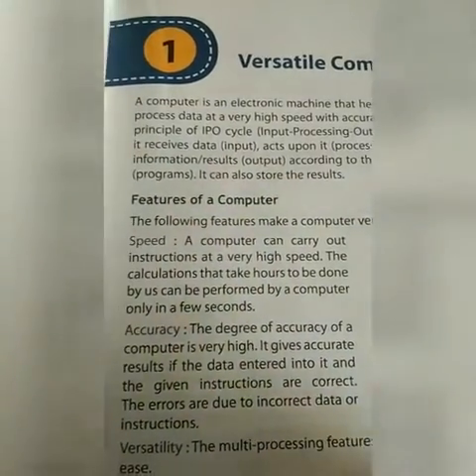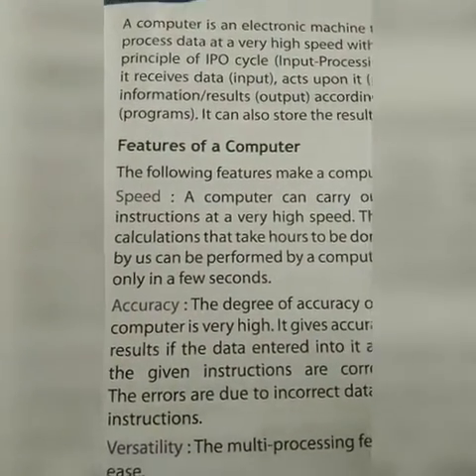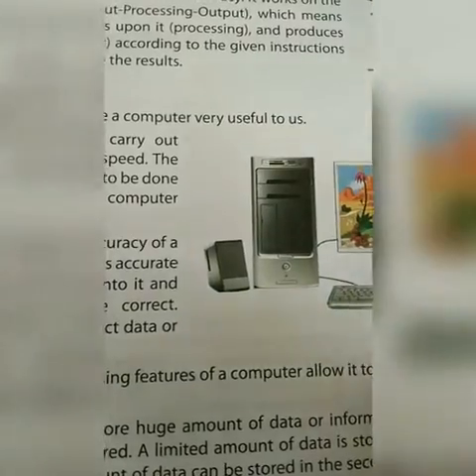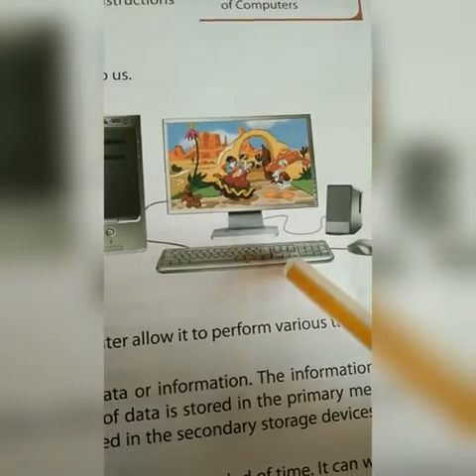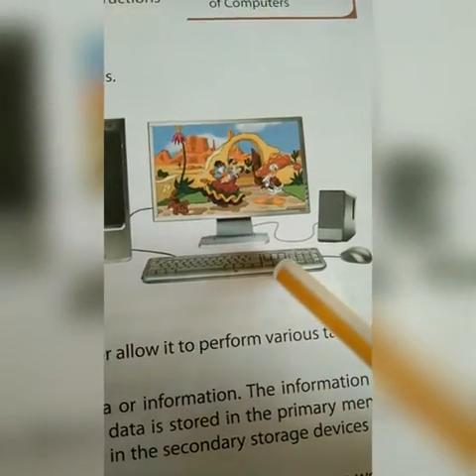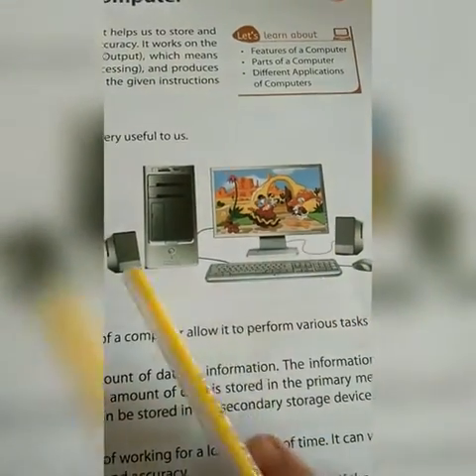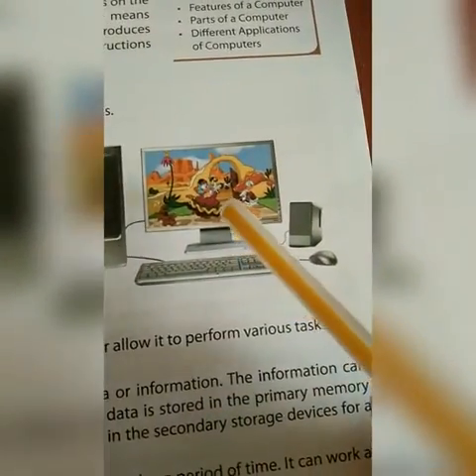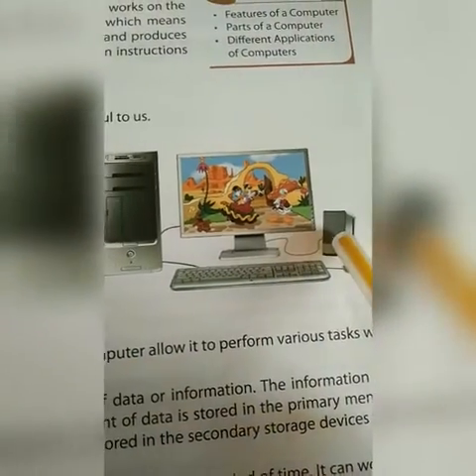Now here are a few things regarding computer parts. A picture is given in your textbook on page 1. First of all, this is the monitor where you get the output result. The keyboard is the input device, with the help of the keyboard you give the instructions. This is the CPU, where the process goes on, and these are your speakers to hear your music. And this is the mouse. The main parts are these four, and another part you can add, here in the picture it is given, speakers.